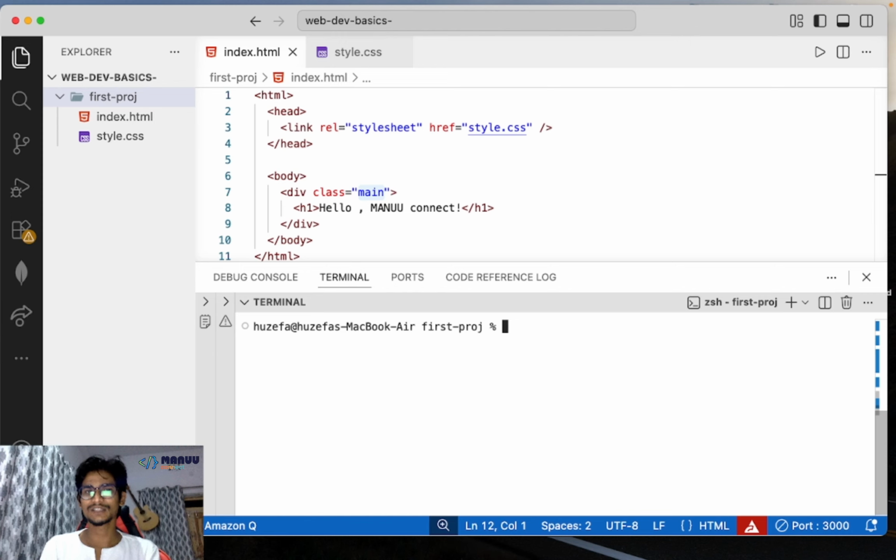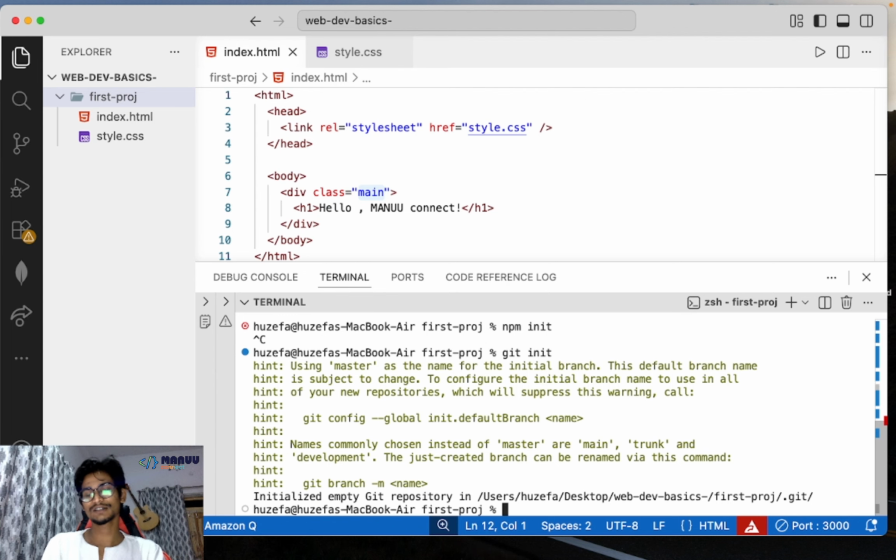I'll tell you guys to learn Linux commands as well. Right? So this is very important. If you run pwd, you'll see you're inside the first project. So now what you should do first, for each and every new project, for the first time you have to run this command. Sorry, git init. Right. So git init, you'll see the changes.